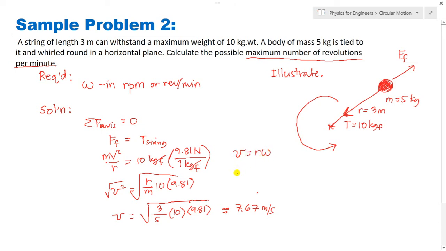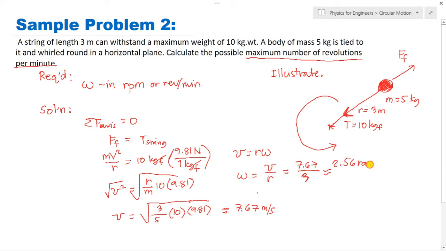Then we all know that the linear velocity is equal to the radius times the angular speed. So therefore our angular speed is equal to the velocity all over r. And since we have a value for velocity, which is approximately equal to 7.67, divided by our radius 3 meters, we have an approximate value of our angular speed, in terms of radians first, depending on RPM. So we have approximately 2.56